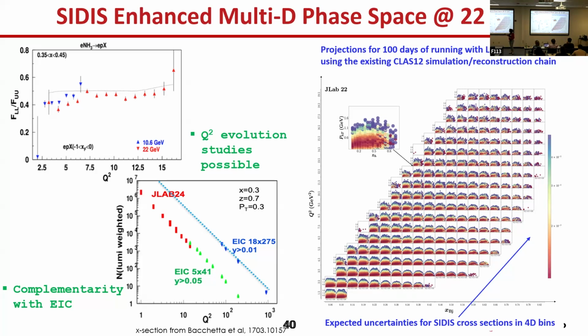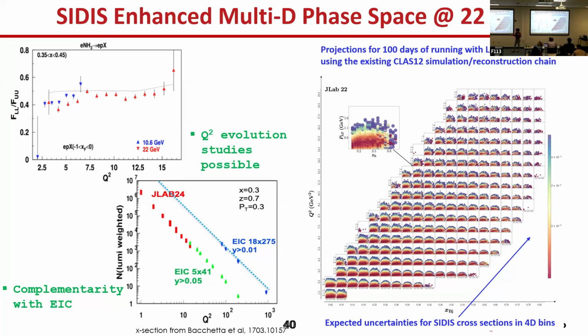And here is the Q squared range that we have, the blue points for the 12 GeV. If we extend to 22 GeV, there is this incredible increase of the phase space in Q squared. You also see in this plot that what we can do at JLab is really complementary to what the EIC can do. In particular, this is for the valence region. You can see here in the valence region, the EIC can go at very low